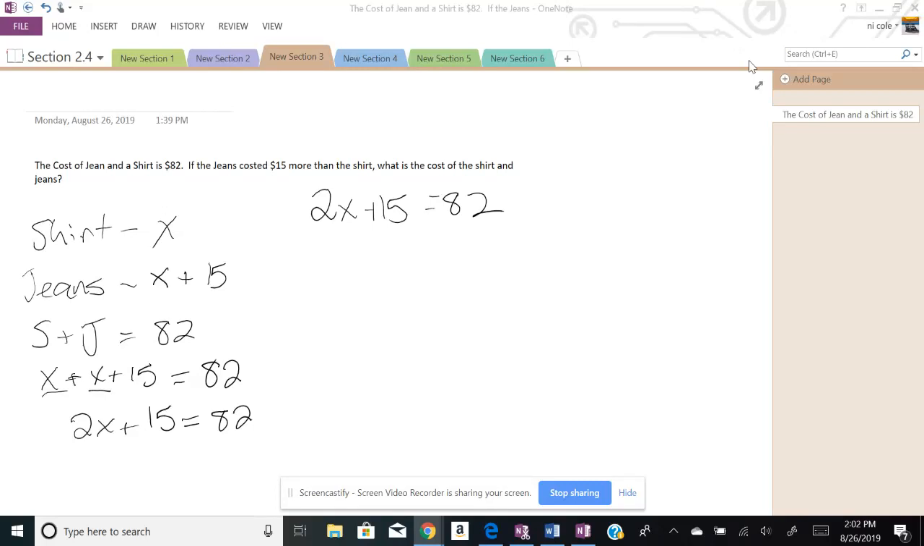All right, so we left off having the equation 2x plus 15 equals 82. Now we can get rid of that 15 by subtracting it from both sides. So we're going to subtract 15, leaving me 2x is equal to 67. Okay, then I'm going to divide by 2. Therefore, I know x is equal to